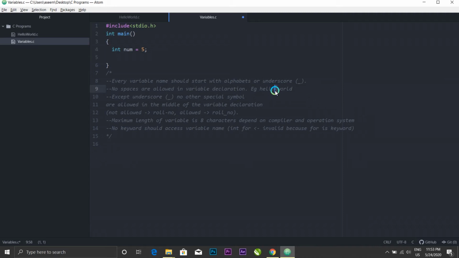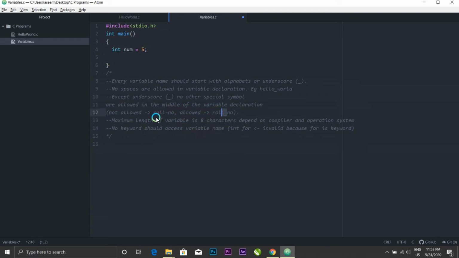You cannot put an exclamation mark or the at sign. These are some rules which everyone has to follow while coding. This is a hyphen, so this is not allowed, and this is allowed.